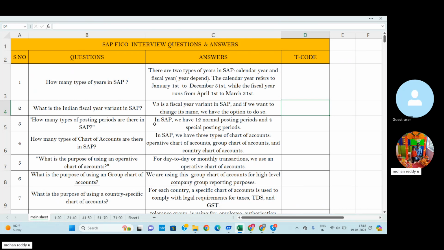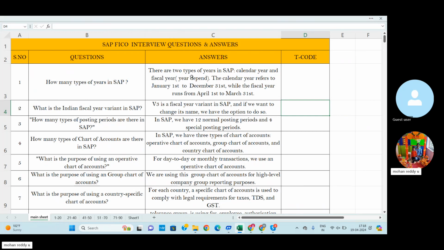And another four special posting periods; these four are called special posting periods. So in SAP we have 12 normal posting periods, April 1st to March 31st, then four special posting periods.